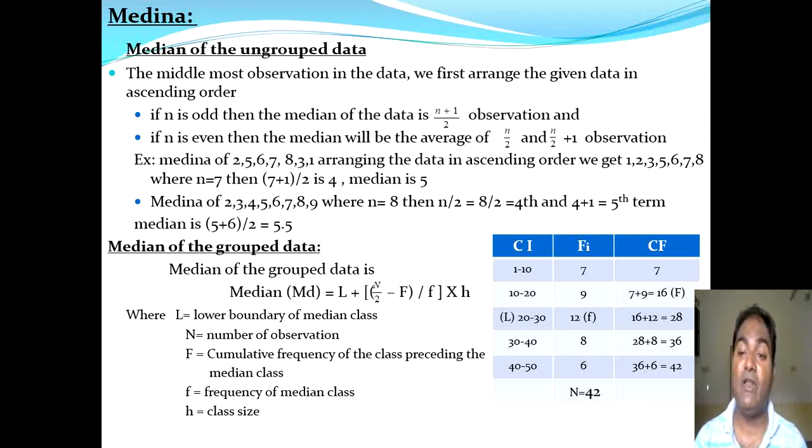And capital F is the cumulative frequency of the preceding median class, that is 16. So, taking all these values and substituting them in the formula, we can get the median of grouped data. I did not substitute the values here. If you can, just do it and try it out. We are going to substitute into the formula and simplify the answers in the coming classes. Next, after this, we have learnt about mean, median as well as mode.